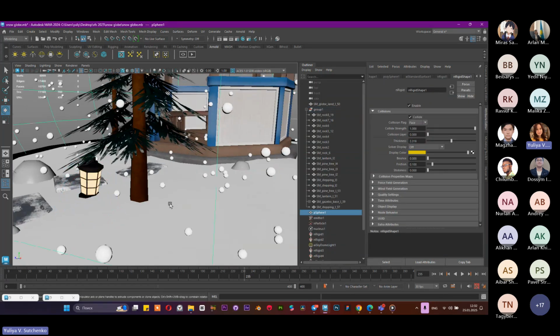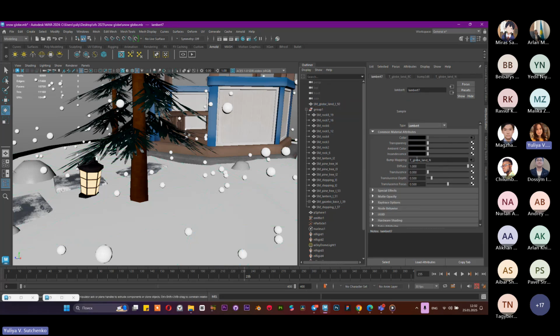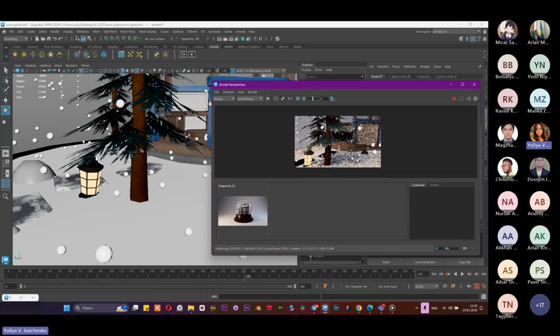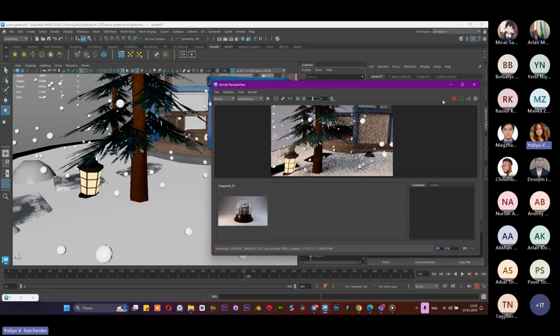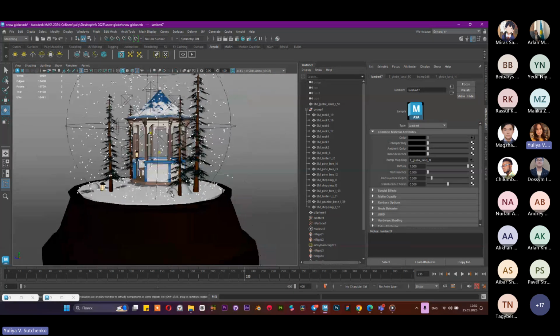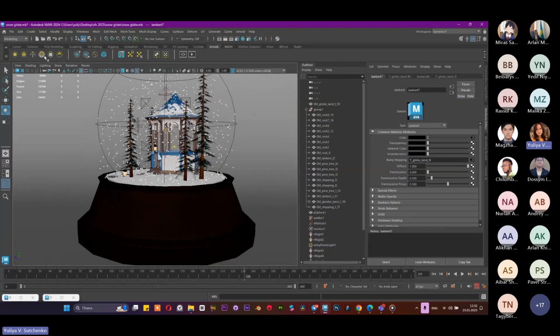Okay, and on the snow globe blend, we should change it to Lambert. Lambert without any kind of blicks, and now it can be white. It's much better. Okay, let's see the result. And also we can use some